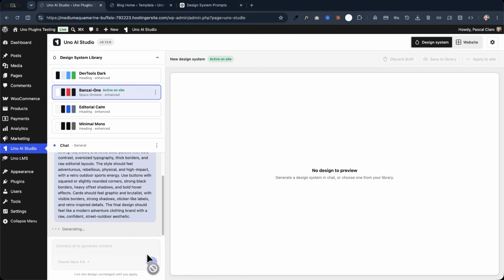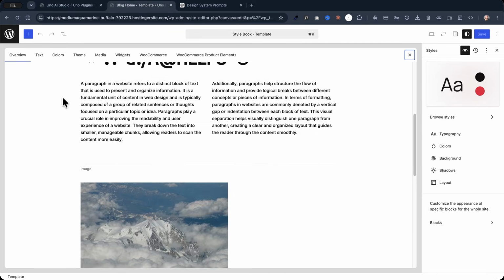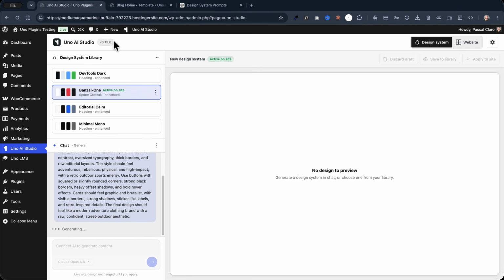And it will generate a design system that will be saved right inside your site editor. It won't be saved immediately. It will be generated as a draft so that you can tweak around, you can edit it, and if you're happy with it, you can save it in your library. The library stays right inside Uno AI Studio, and if you want to apply it to the site, it's going to be saved inside the site editor here. So we're going to see now how this is going to work. It's going to be very easy, don't worry, because